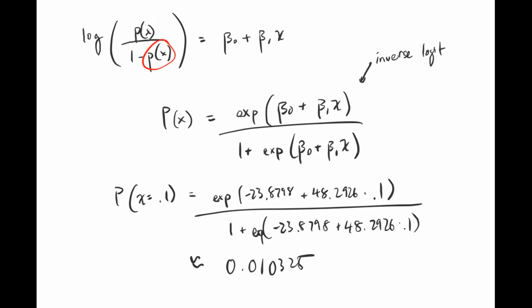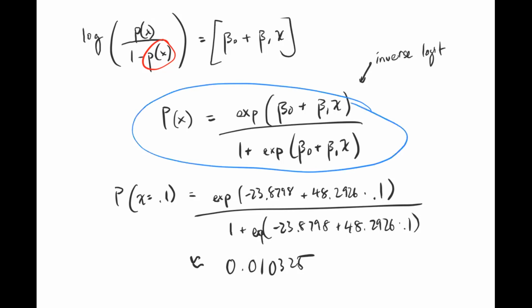So this gives us a better, more direct relationship with the probabilistic outcomes, as opposed to if I were to just interpret this version, which would be a unit change in the log odds, which is really kind of difficult to interpret. And so I definitely encourage interpretation of this rather than of this.